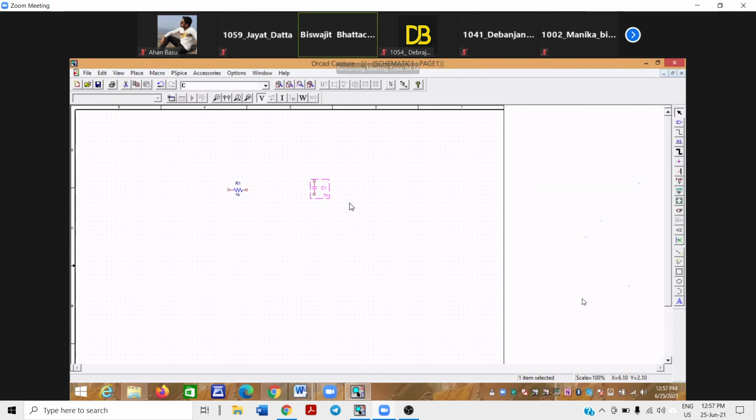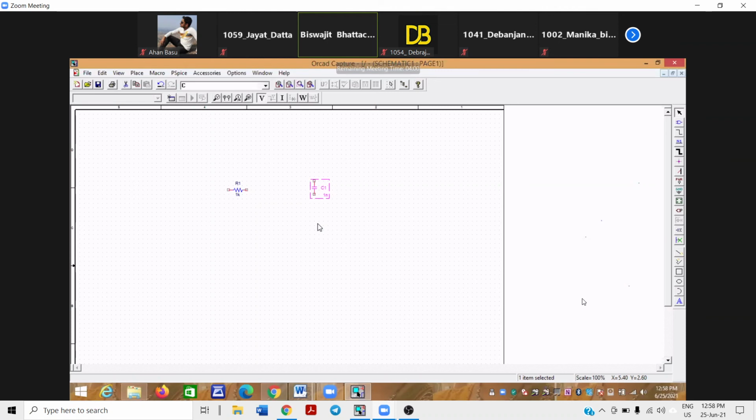anti-clockwise direction. Initially, the capacitor's positive polarity is on the left hand side. As soon as it is rotated anti-clockwise, the positive polarity comes downward. But when we draw our circuit, normally our current goes from the top, but the top polarity is negative and the bottom polarity is positive for the capacitor, because it is rotated anti-clockwise, for which the positive polarity comes down.